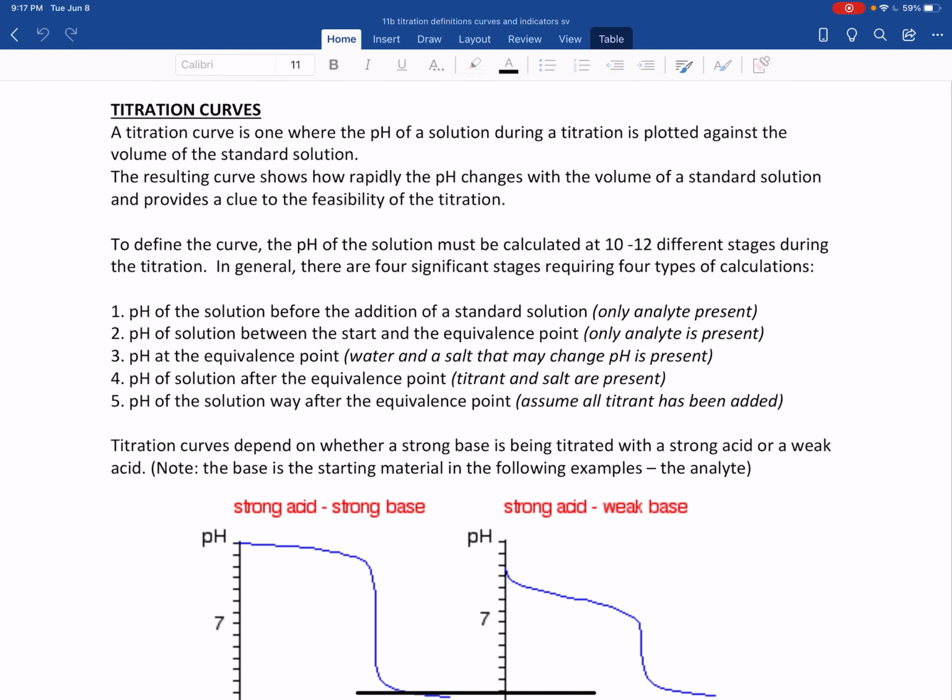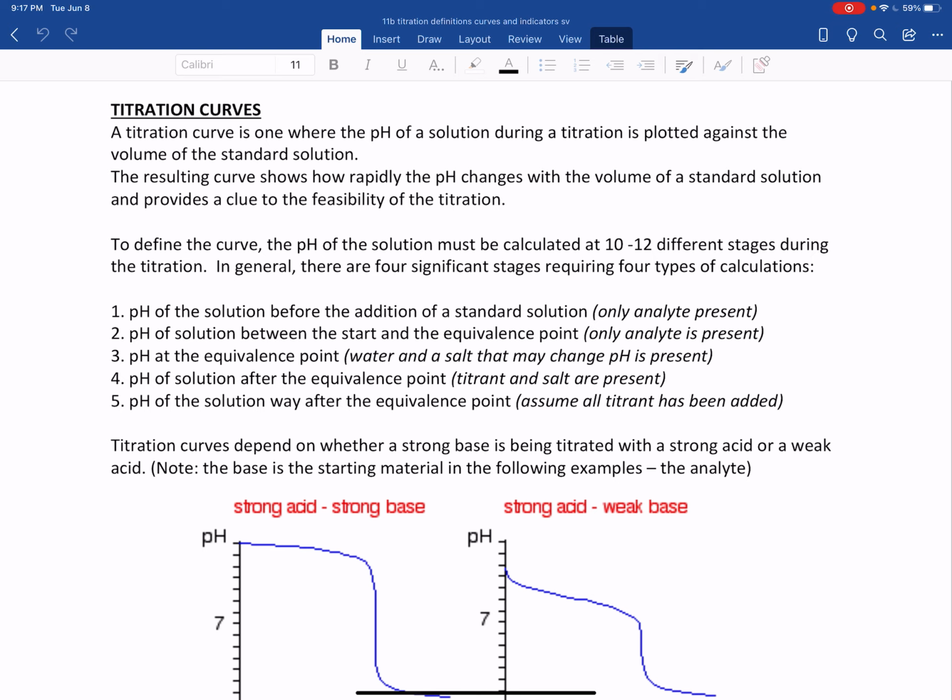Hi there, hopefully this video finds you well and it's a good review of what a titration curve is. So we've done many examples of titrations up until this point and we've provided quite a few links in previous examples that you can see one done or you've seen one done live. So one of the purposes of a titration is to determine the unknown concentration, which we've done previously in parts